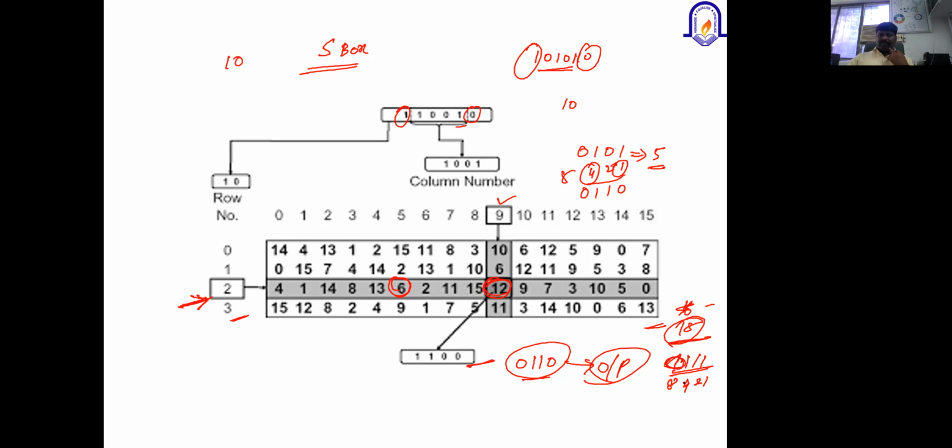So 1111 will be the binary value for 15. So at most you will get this value. In the end, we get the output from the SBox as 4 bits. I hope this is clear.